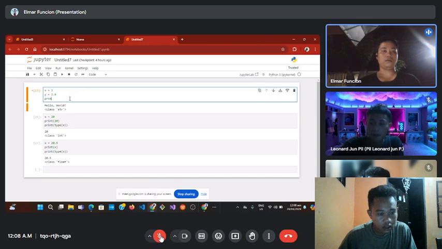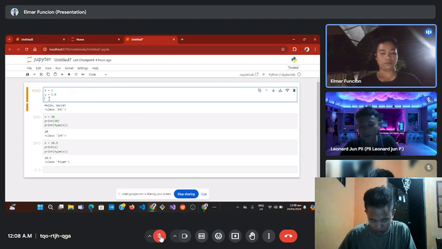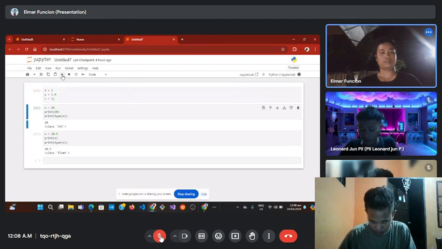So the first one is integers, and also we have this z, which is 1j, that is complex. So let's try to run this one.